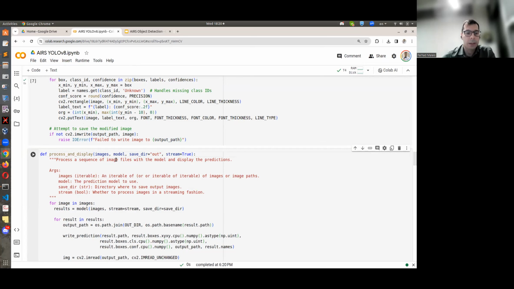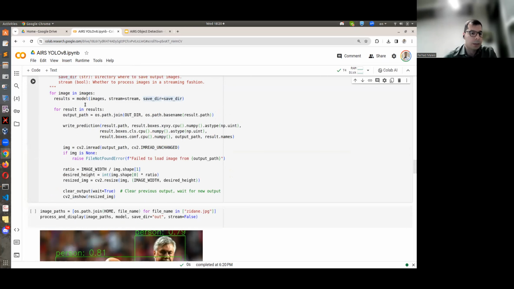Here I want, given the images, it could be one image or many images, and a model, I want the result to be saved to a specific directory. So for any image in these images, I call the model on this image.